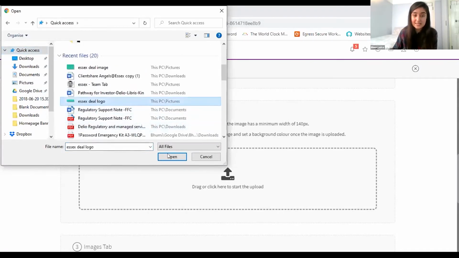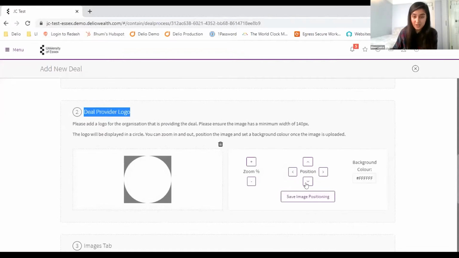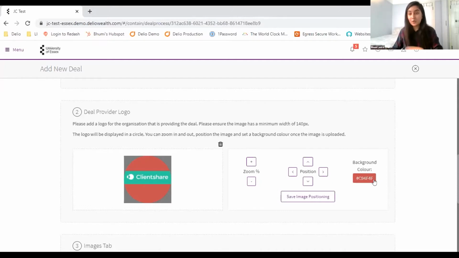If you want to add any sort of background, you can do so, but here you can actually play around with it a little bit. I'm just going to do that and save images, save image position. But if I wanted to change the background to something else or to the same color as this here, then I can do that too. I just require the hex code, which if you don't know what that is, it's just essentially the color code. And if you're struggling with that, then just ask or get in touch with the University of Essex team, and I'm sure they'll be able to help you. I'm just going to put it back to white.